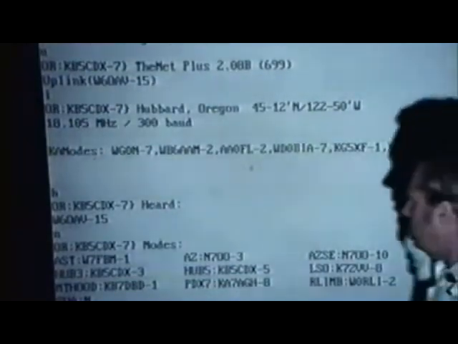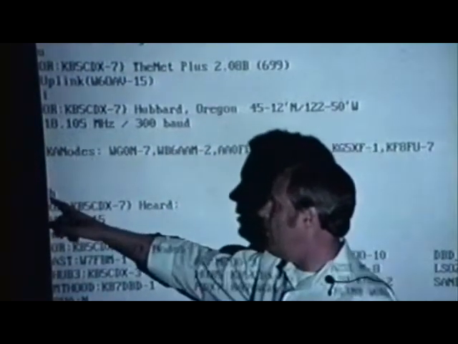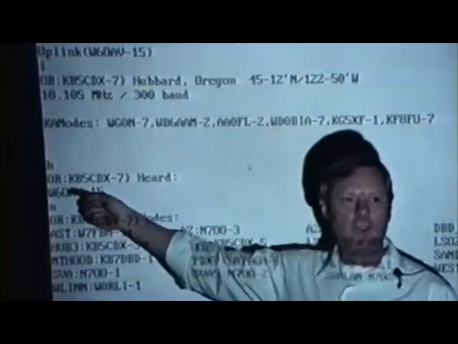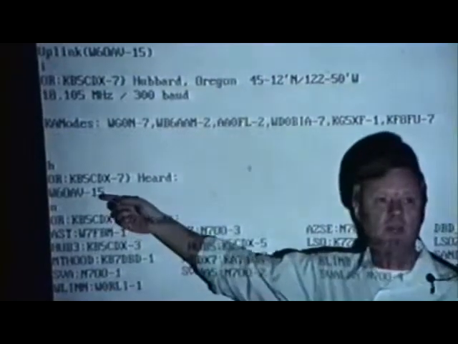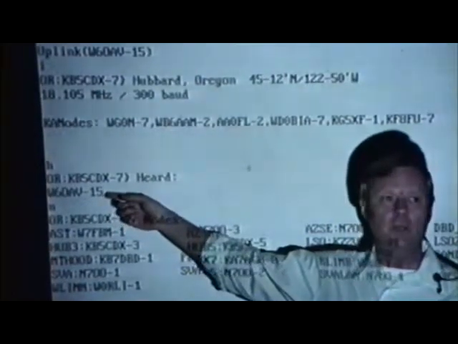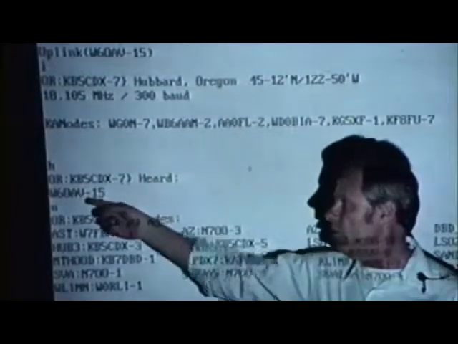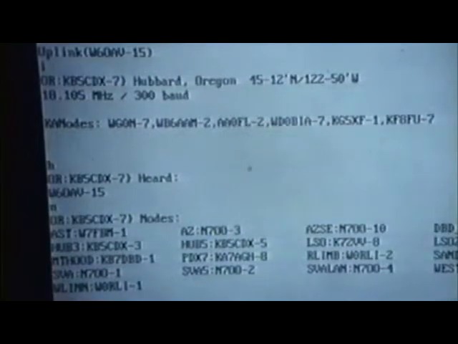Oh, look who's on the list. Okay, now right now, Joe did a heard, and we're the only ones that Oregon is hearing on the frequency at the moment. Notice the -15? Because we're on 2 meters. So this is the call that Oregon is seeing up there on 18105. Now here's a bunch of nodes. Arizona,